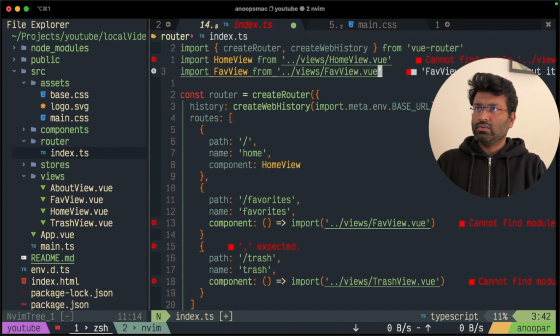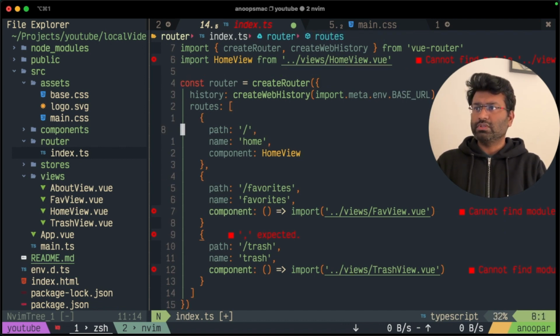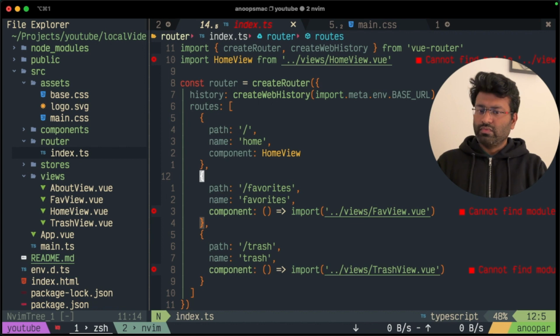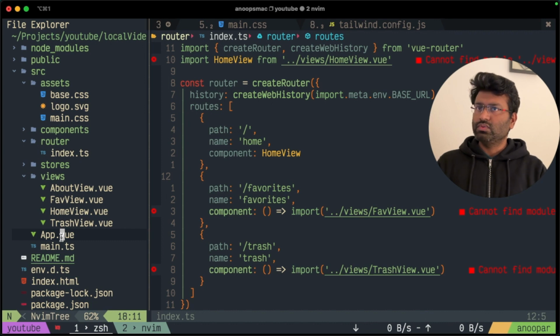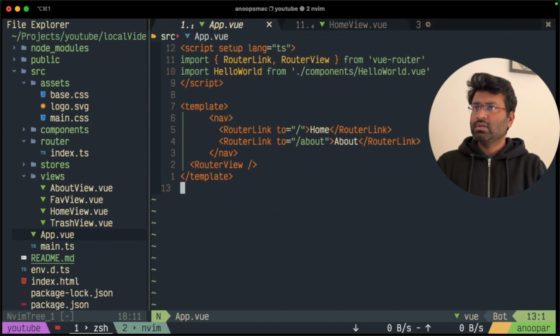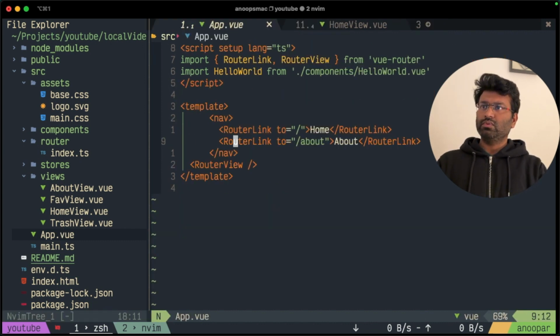Oh, I see. We don't need to import that because it actually lazily imports this. So this is the lazy loading. So yeah, we really don't need to import. That's why it doesn't auto import, I think. So we have the route fixed now. We can plug this into the navigation. So instead of about, we can go to favorites,